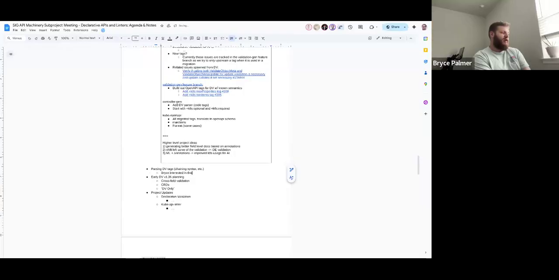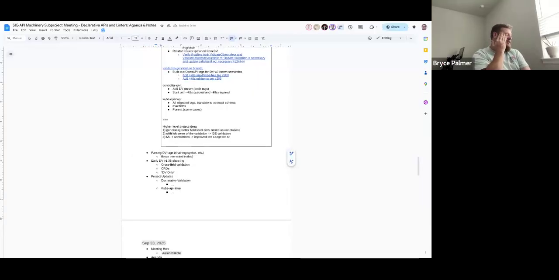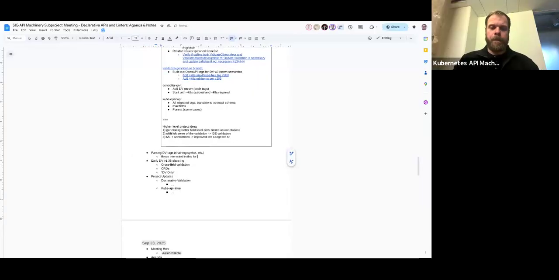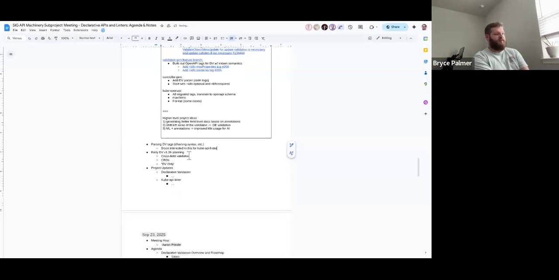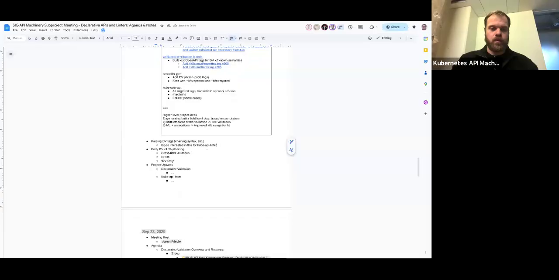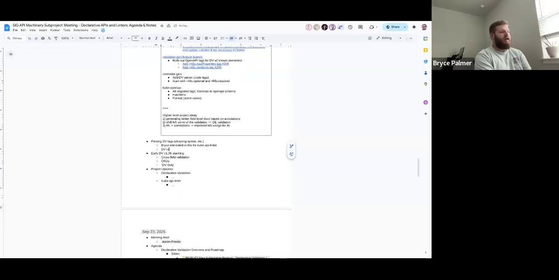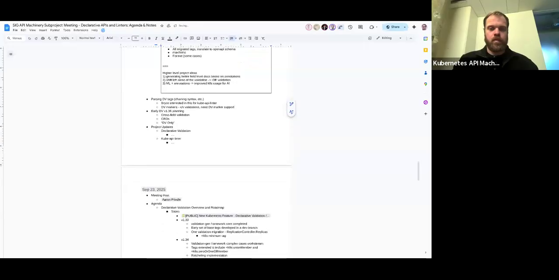So I'm going to plan to look into that, do some testing on how we would do that in Kube API Linter, and maybe start looking into whether we can add some of those DV markers into some of the ones, for example, like the KK validations. I think I saw there was a table in that doc that said some of them weren't ready yet because we needed the DV marker support. So maybe I could start looking into that, probably starting a little later this week, maybe early next week. Yeah, perfect. That's awesome. That's exciting.